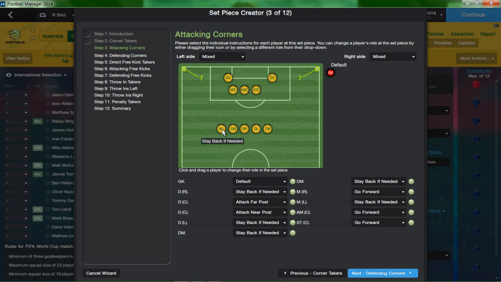Now we want one guy to come in for the attack. Defenders, forwards, want him to mark. If that be Timmy or not, I don't know. Let's go 6 yard or no. Let's do penalty area. We want one guy to go up top too. Actually, let's drum that head. And then this will be a near post.